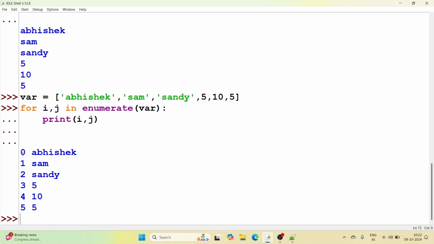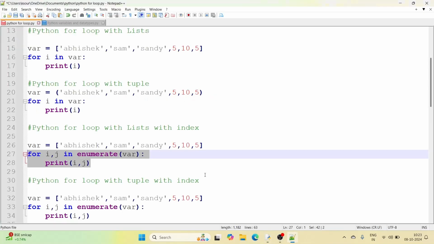The index keeps incrementing and the next values get printed. We already know list and tuple are indexed, so both can be accessed using the index position. So here the index position and the values are getting printed. To do that, enumerate is the function.